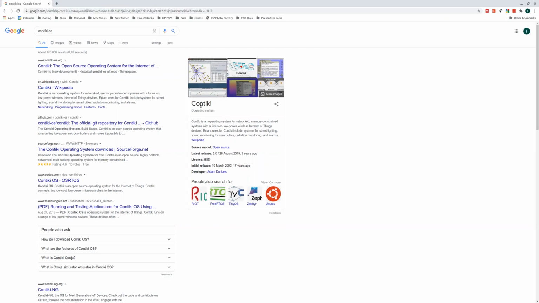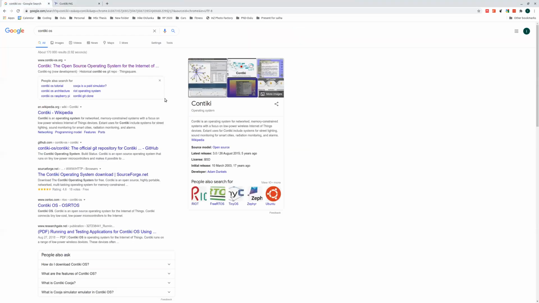So ideally, you can install some version of Contiki onto your IoT devices as well. That's the basic idea. You can download the Contiki virtual image, and as I did, you can import that into VirtualBox, the virtual machine simulator,